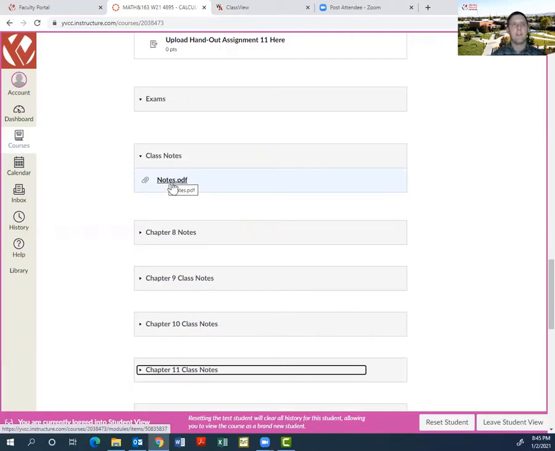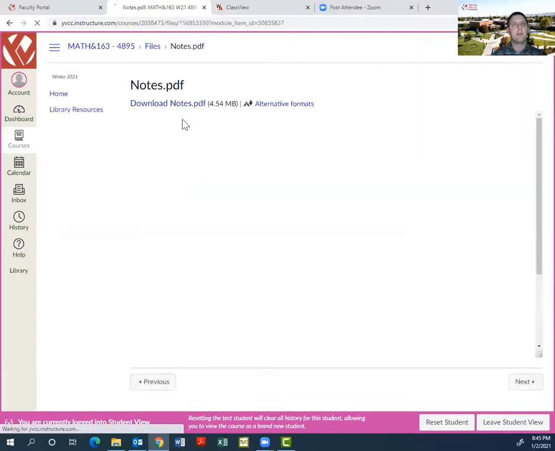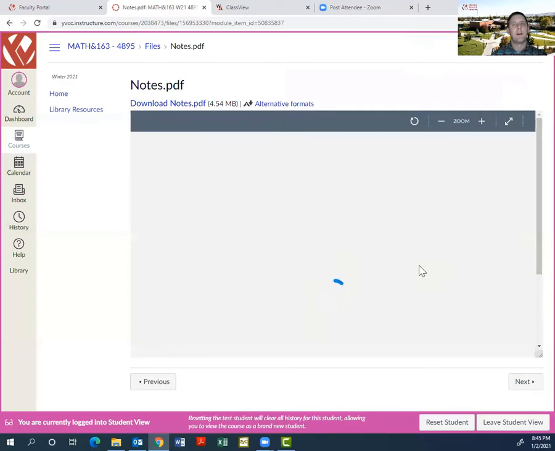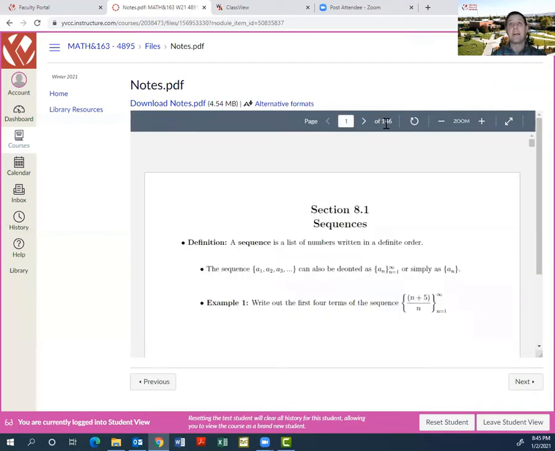If you click on this document here, you're going to find, I think it's 146 pages, and that's the notes for the entire class. So if you have access to a good printer, that's the best way to go, is to print all those out.